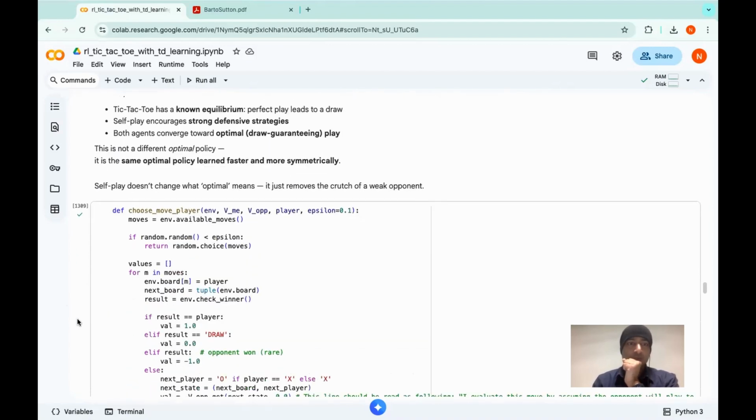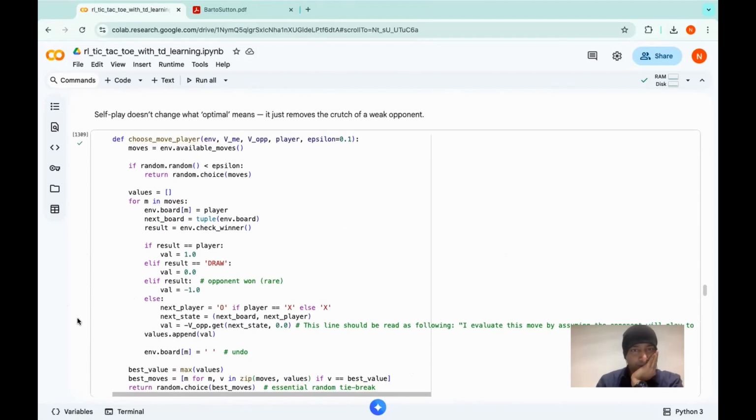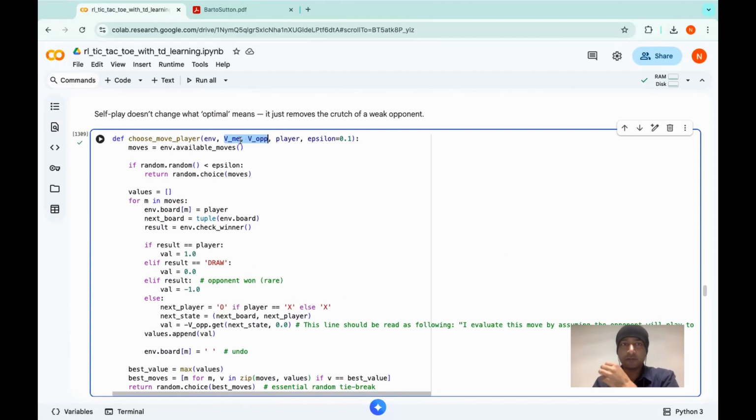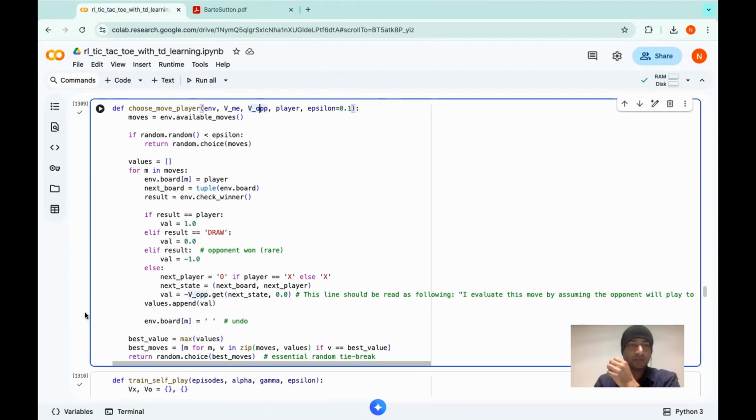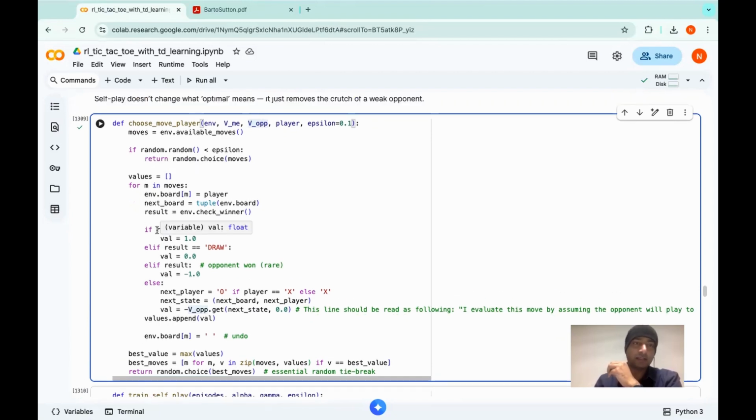Cool. So when we define this, this time we have two value functions, right? We're collecting the value of me, the main player, and then the value of the opponent. So yeah, the essence lies in this line. So let's say for any player that is,